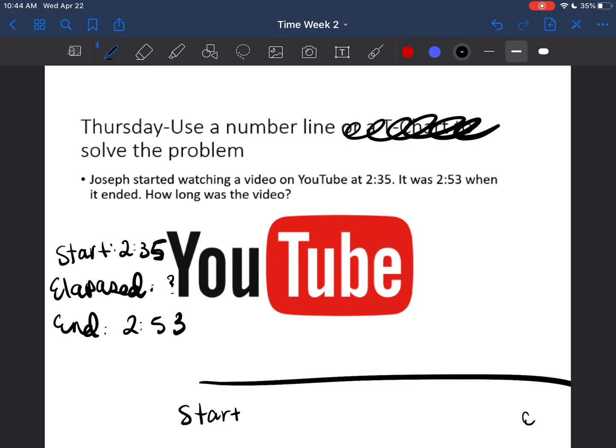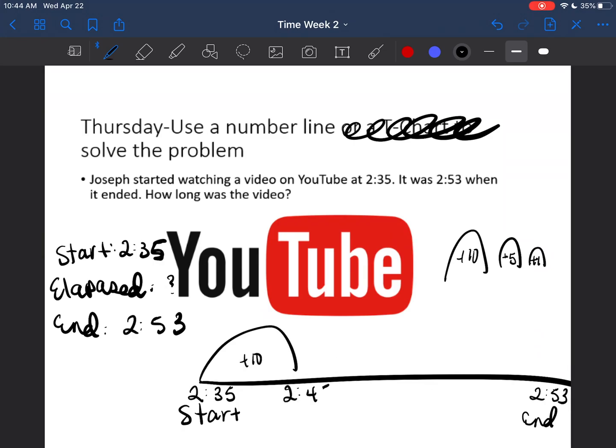Start on the left, end on the right. My start is 2:35. My end is 2:53. I can make jumps of 10, 5, and 1. 2:35 plus 10, 2:45. 2:45 plus 10, 2:55. That's too long, if we notice. 2:35 plus 10 is 2:45, plus another 10 minutes is 2:55, which goes past